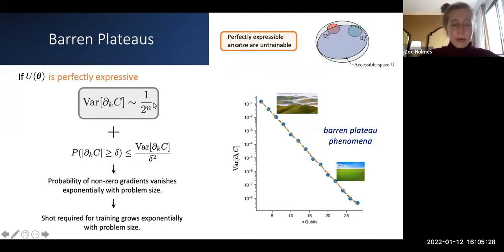Okay, but what I want to point out to you is that this result can be reinterpreted in terms of expressibility. So an ansatz that forms a 2 design is a perfectly expressive ansatz. It's one for which the expressibility measures epsilon rho and epsilon h are going to vanish perfectly. And so this means that perfectly expressive ansatz are going to exhibit barren plateaus and hence be untrainable.